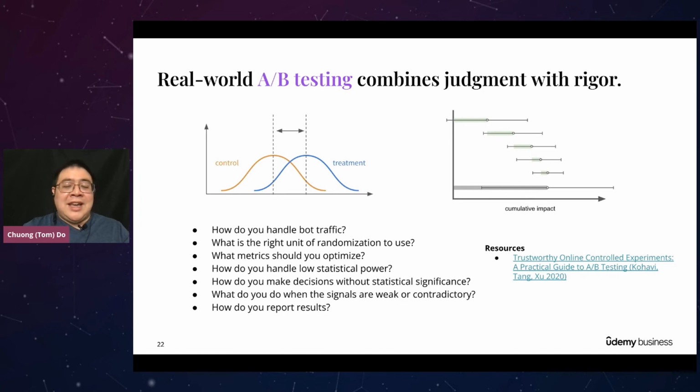You've got to really think about a variety of problems that might come up when you're running a controlled experiment online. How do you handle bots, for example? How do you decide how to randomize users into your treatment group and your control group? What's the basis for that randomization? What are the different types of metrics that you should be optimizing? How do you deal with low statistical power? There are a litany of these types of questions that you need to consider